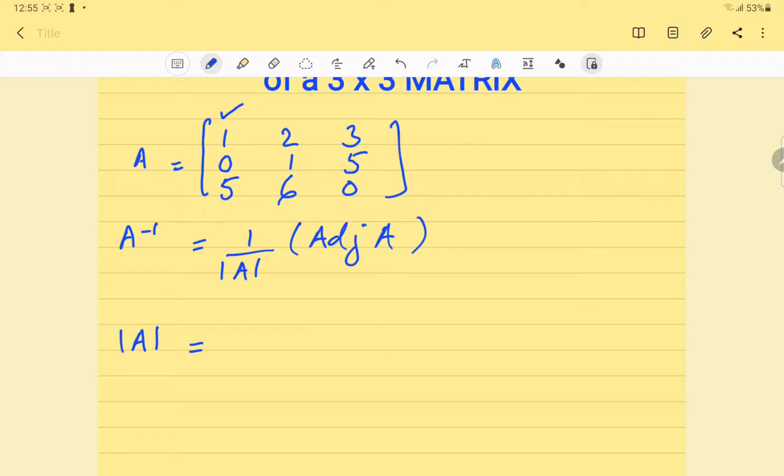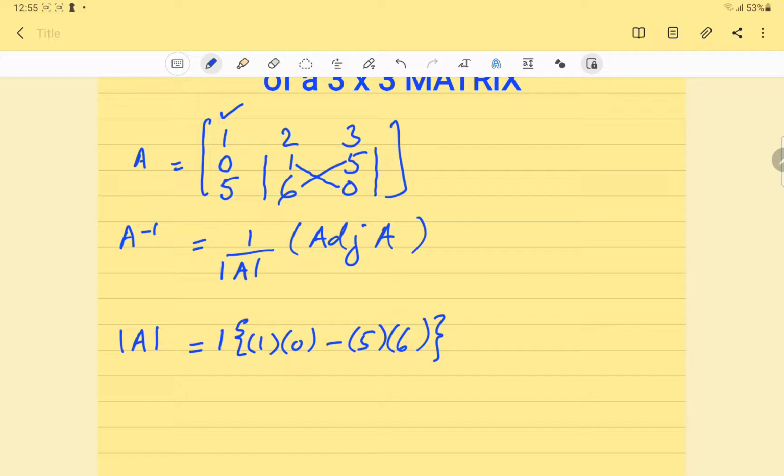first we will write 1 and then we will take it as a small determinant of 2 by 2 and write it here, like we will multiply 1 with 0 and we will subtract the product of 6 and 5 from that. So how we do it? 1 into this we will multiply with this, 1 into 0 minus this we will multiply with this, 5 into 6,